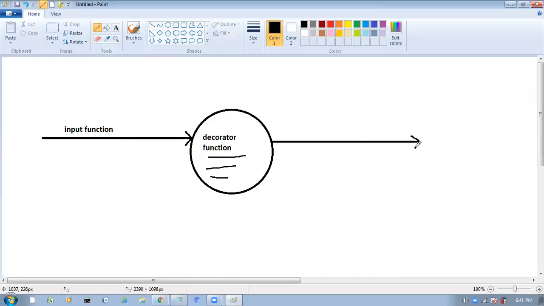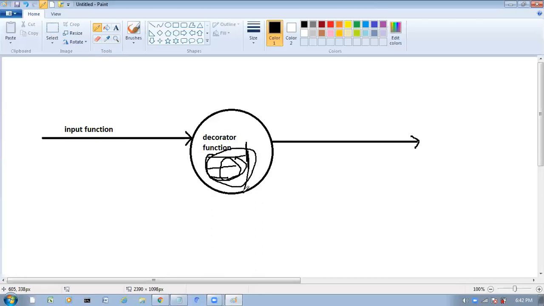Here for this input function, we are applying some extra masala, some extra functionality. Right. Finally, what will this decorator function do? It will return again a function only with the modified functionality.